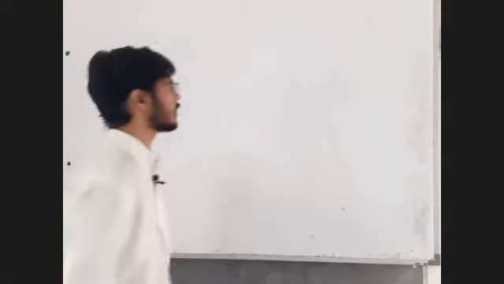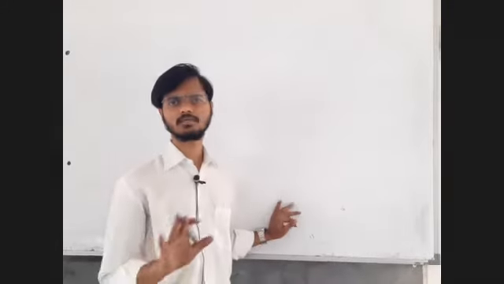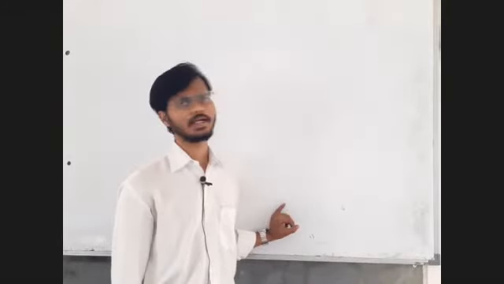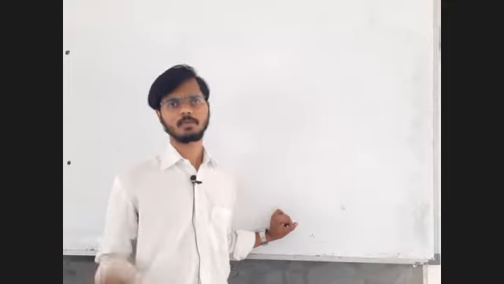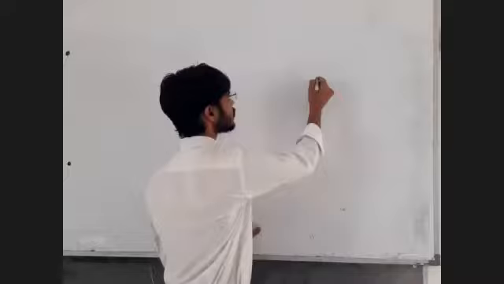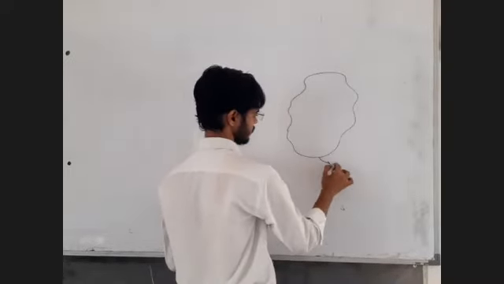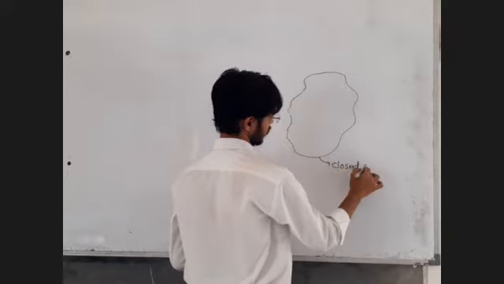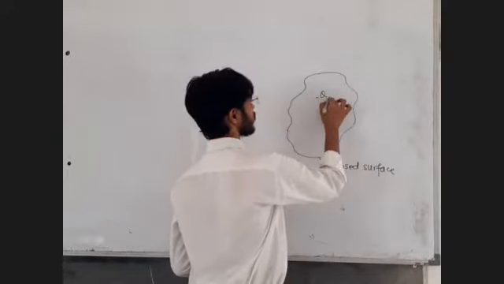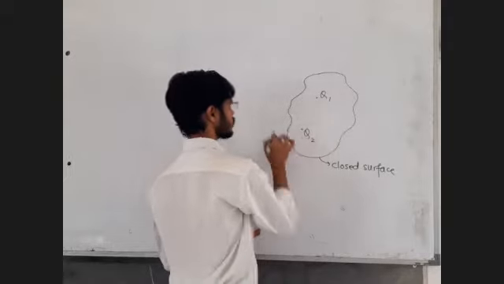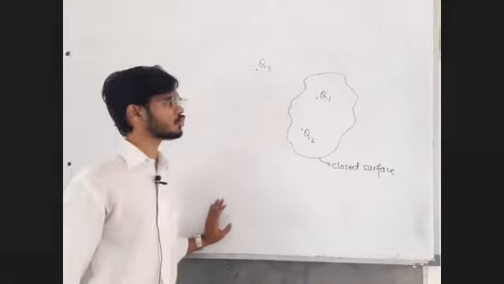Now, till now I said to find out flux over closed surface. See, we are talking about closed surfaces now. To find out flux over closed surfaces, we have to find enclosed charge upon epsilon. Why so? Why are the outside charges not to be considered? Let's say this is a closed surface. Q1 is the enclosed charge. Q2 is also the enclosed charge. Q3 is not an enclosed charge. So why is Q3 not to be considered?